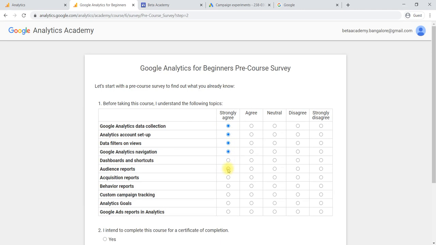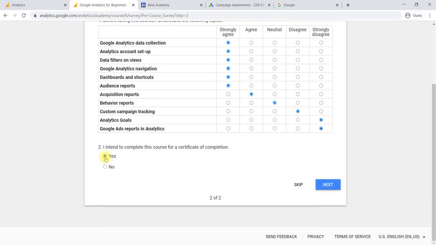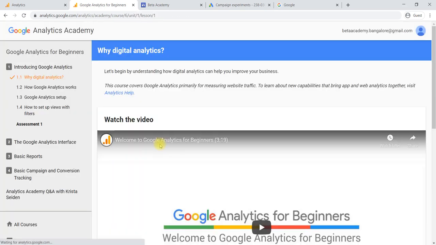Don't select as I'm selecting, I'm just selecting here for a demo. Then, I intend to complete this course for a certificate of completion. Yes. Then say next so that your course will start.